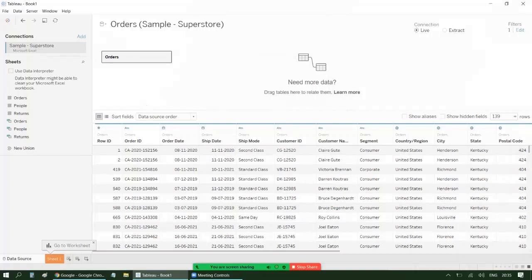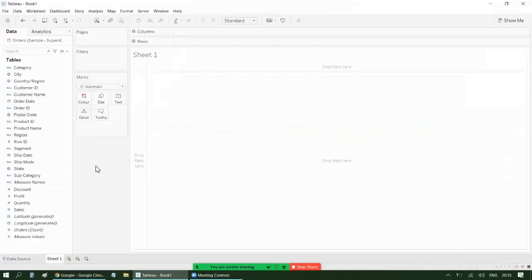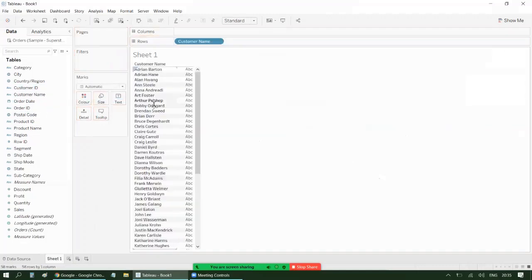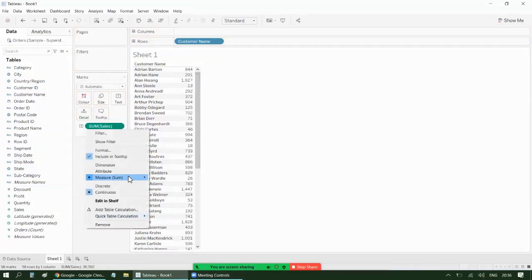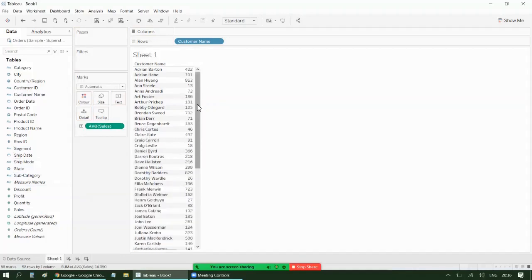Now let's move to the worksheet. So this is sheet 1. I'll just move over here. And now let's say I want to understand what the average sales per customer is, right? So what I can do is drag customer name, right? There would definitely be a lot of customers, right? And then I'll drag maybe, let's say, sales, right? And currently this is the summation of sales. I want to make it the average sales value. So I'll just change this summation to average. And this is how it looks, right? So this is my average sales value. Let's make this descending order. So it seems like Katrina is giving us $1,249 of average sales value, right?